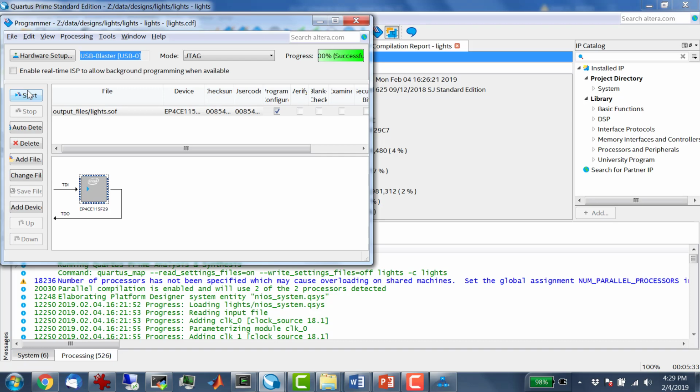Now this time, last time when I programmed this, I didn't have any connection made in the hardware to the LEDs. And remember, I pointed out that the LEDs were kind of floating, so they were like dimly lit. Now, you can tell that this worked because the LEDs are completely out now. There's no light coming from this thing at all because there's now a connection. These LEDs are no longer receiving a floating input. They're receiving a hard 0, meaning that they're out. You guys with me on that? Okay, so